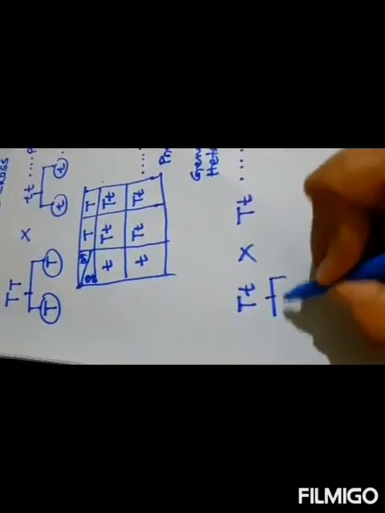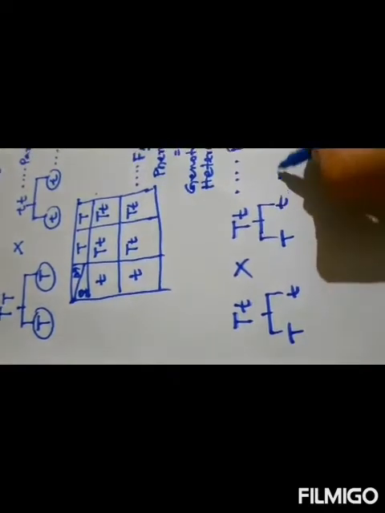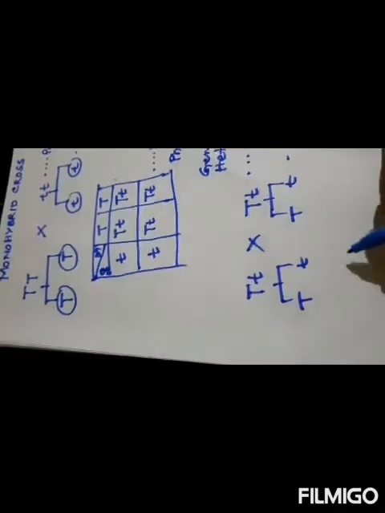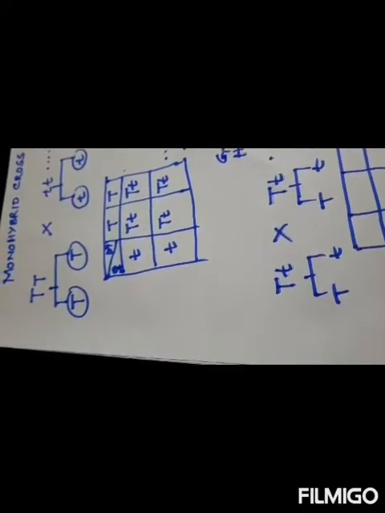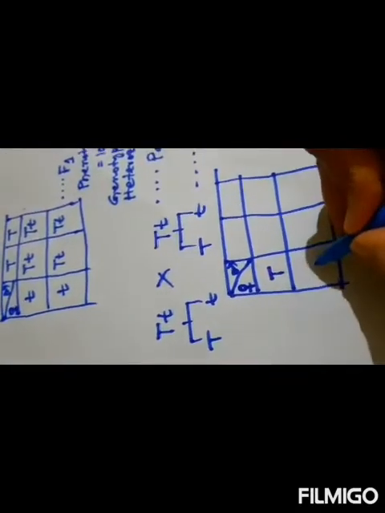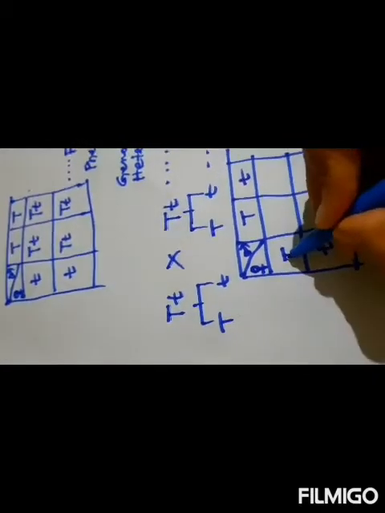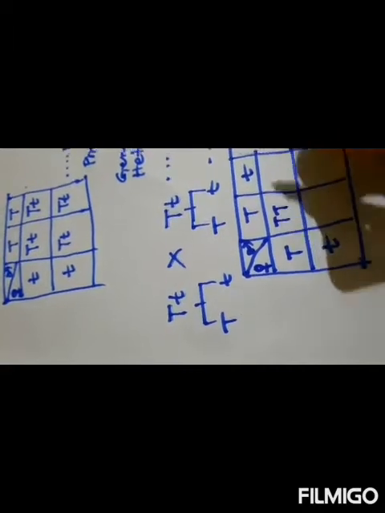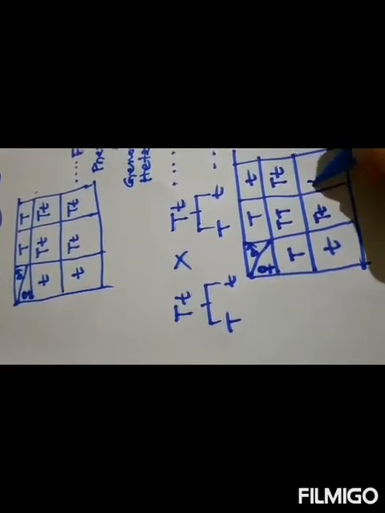So their gametes will also be capital T small t and capital T small t. These are the gametes. So the gametes can meet each other in each and every possible way. That's the way, again we will do it in the Punnett square. This is for female gametes, writing here capital T small t, male gametes capital T small t. This gamete can be crossed with this and become capital T capital T, here capital T small t, again capital T small t and small t small t.